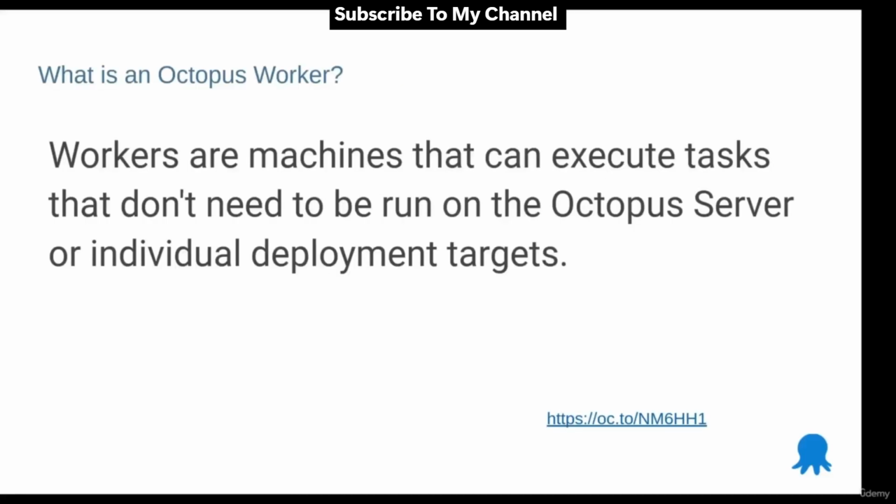In order to connect our hosted Octopus instance to the cluster hosted on our local machine, we need to install what's called a worker. A worker is defined as machines that can execute tasks that don't need to be run on the Octopus server or individual deployment targets. We'll expand on this definition to say that workers provide a way to execute tasks close to the service or virtual machine that the tasks eventually execute against. In our case, we'll create a worker on our local machine to connect back to the hosted Octopus instance. And this will allow a hosted Octopus instance to reach inside of our local development workstation to connect to the